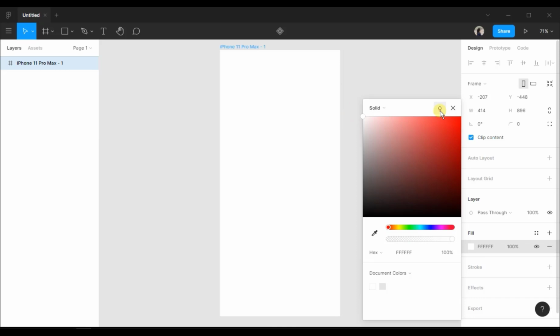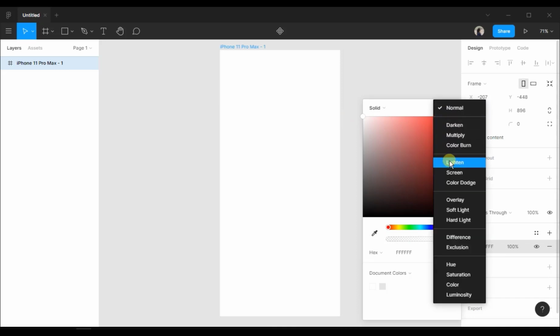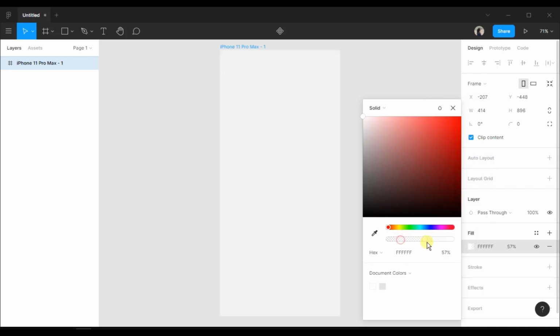Here we have some blend modes like darken, then lighten, overlay, and other different blend modes. Then this is the opacity bar where you can adjust the opacity or can say visibility of the color you have added or the frame. Also you can add the hex code here for any color you want. Here we have some different colors option like document color where you will find the color you have used in the document while designing, and in personal colors you will find all the colors you have saved personally.